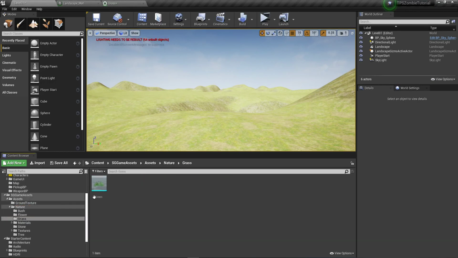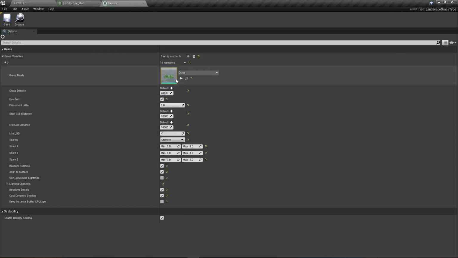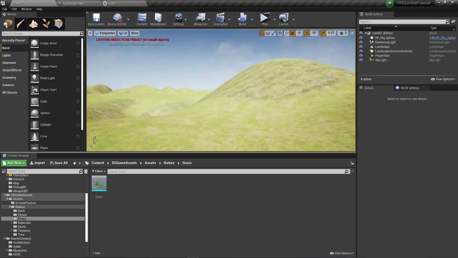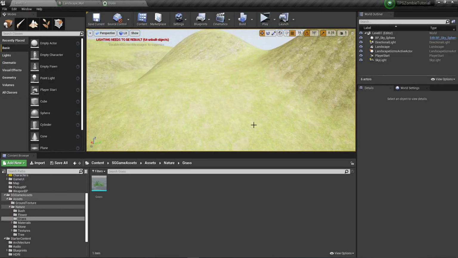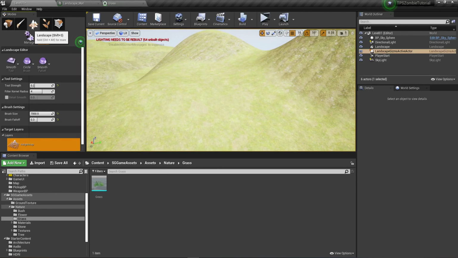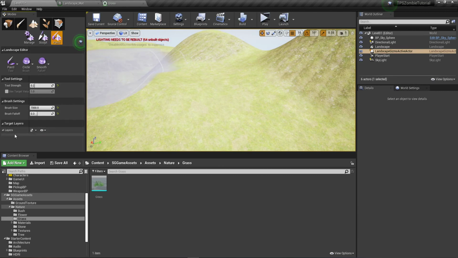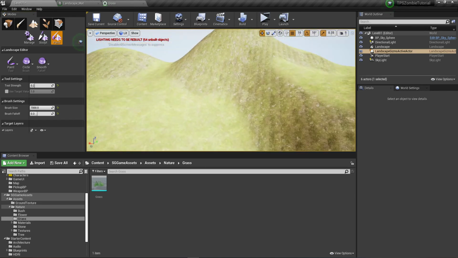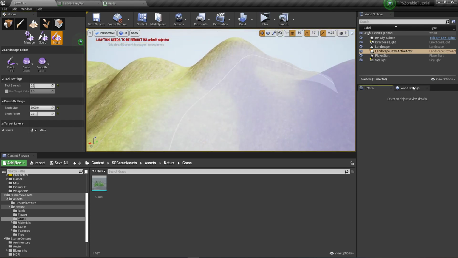Here there is a grass, and put it over here, and when you save, nothing will change here because after making this we have to go inside this landscape and go into paint, and select this